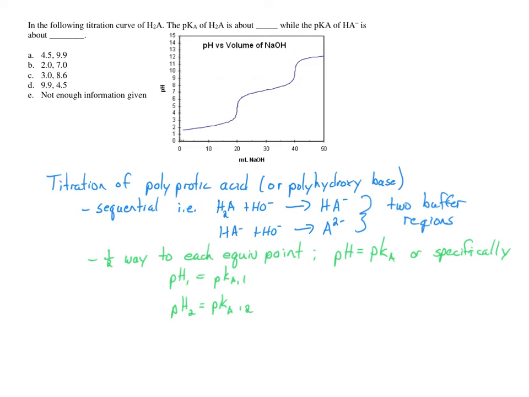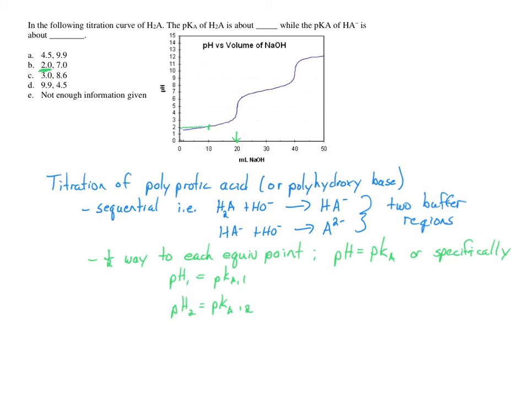But we can see the first equivalence point is about at 20 milliliters. That's where we see the sharp increase in pH. Halfway to equivalence is about 10, and if we draw our line over to pH, you see it's about 2. So with the choices that were given, we can actually answer the question now, but let's go ahead and confirm